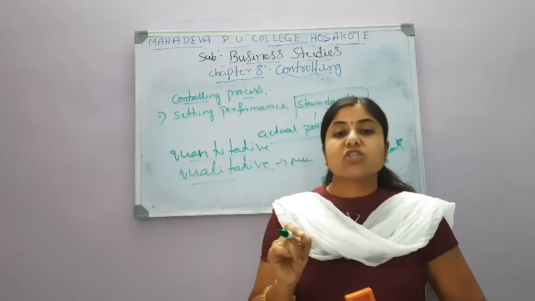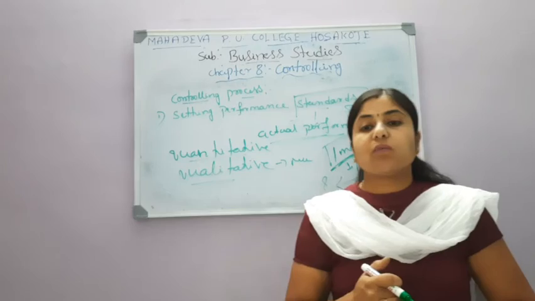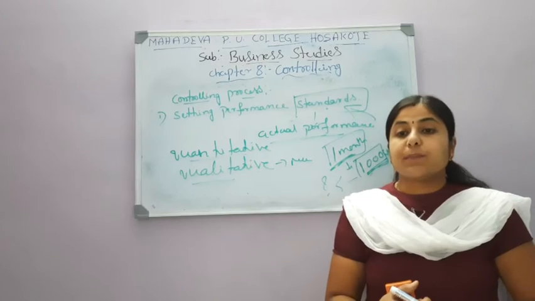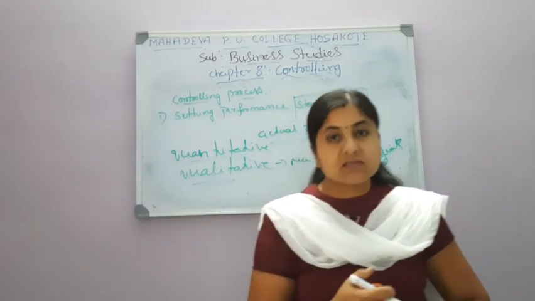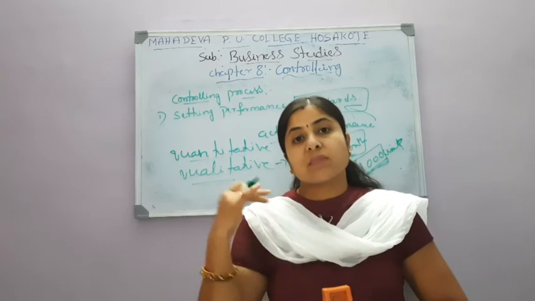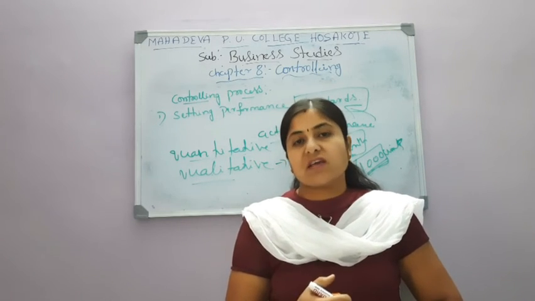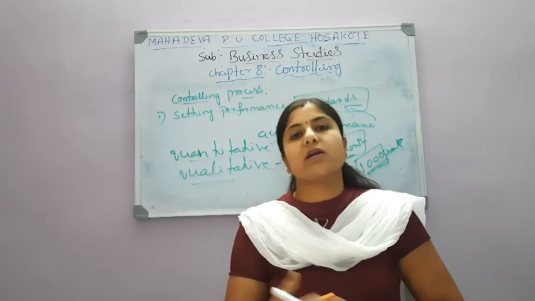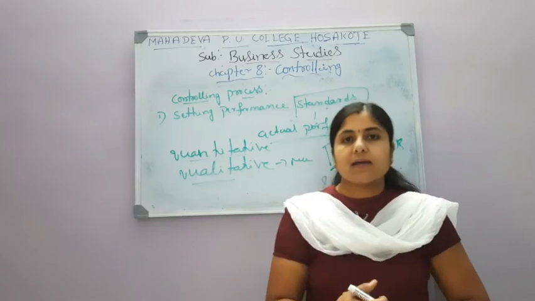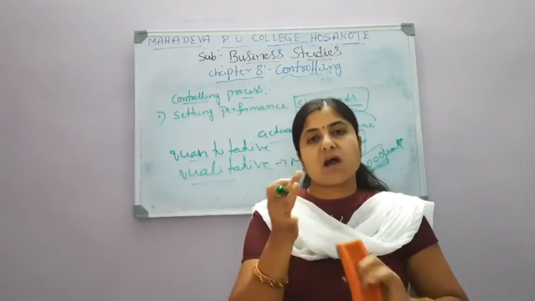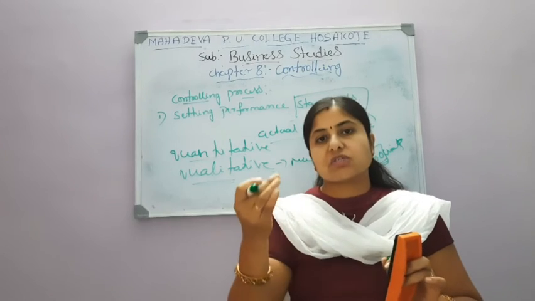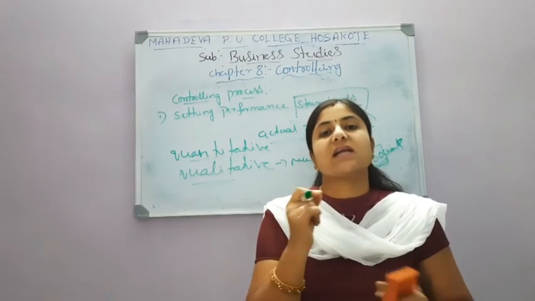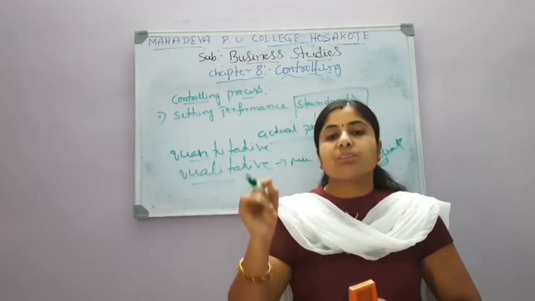It is important that any standard should be flexible enough to be modified whenever required due to certain changes taking place in the internal and external business environment. Why? Because standards are future oriented. We set them as per our assumptions; we cannot expect properly what is going to happen in the future. Correct? So that's why the standard is set as per our guess, our imagination, or certain assumptions. So at the time of setting these standards, we can modify them